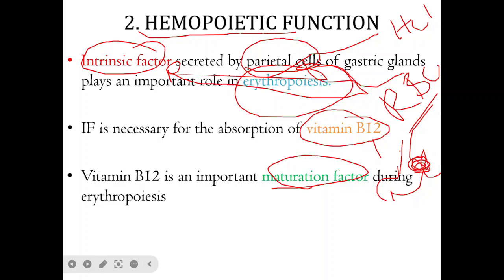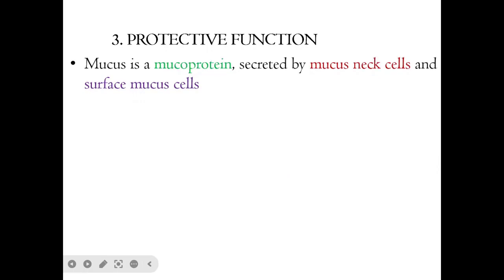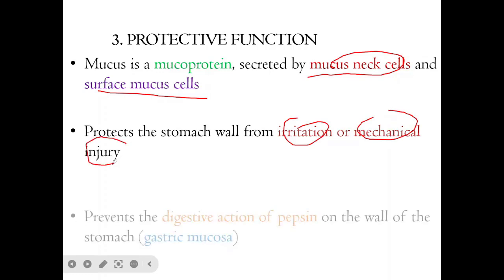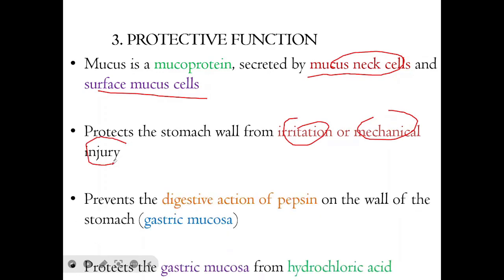So this vitamin B12 is important for maturation of RBC ብለን እንወስዳለን። The third importance of gastric juice is protective function, because of the mucosal neck cell which synthesizes thick mucus plus bicarbonate, and this bicarbonate neutralizes the acid inside the stomach and prevents the digestive action of pepsin on the wall of the stomach. ፔፕሲንን ፕሮቴክት ያደርጋሉ፣ ፔፕሲን በቀላሉ አሲዲክ ስለሆነ በቀላሉ አታክ እንዳያደርግ and also neutralize ያደርጋሉ።